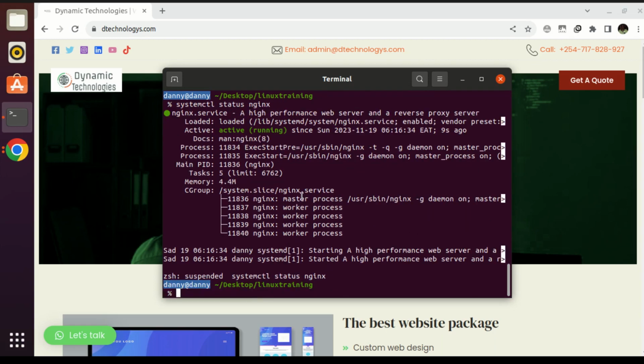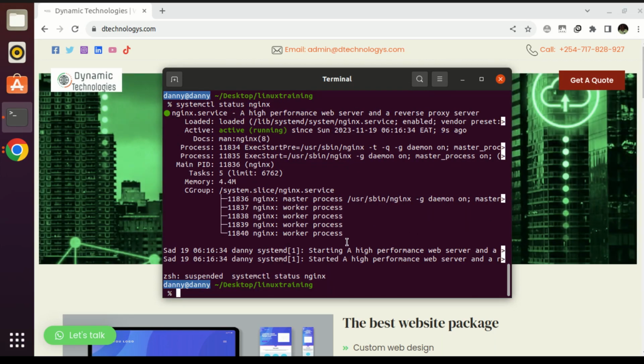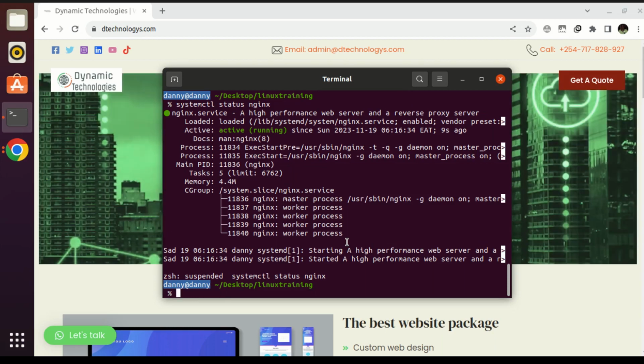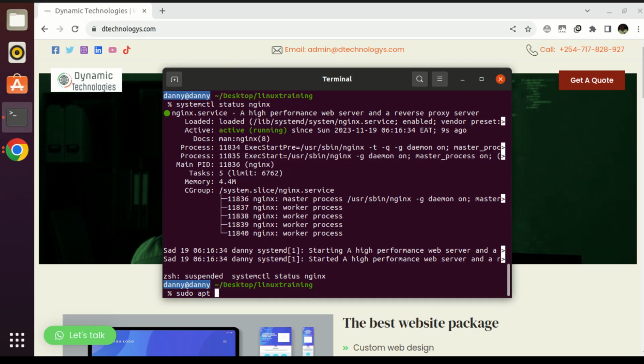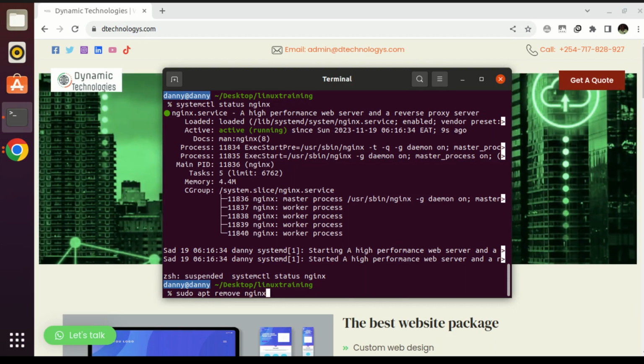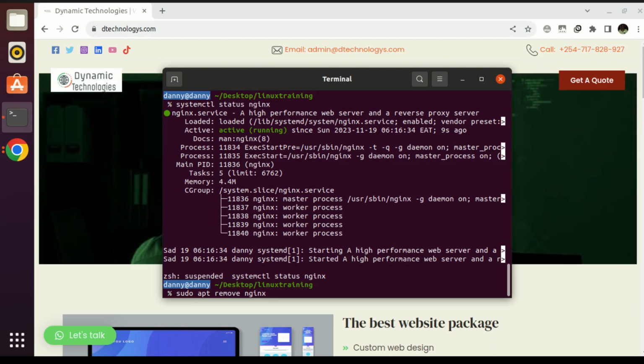Alright, so we have seen how to install a package. Now think of the time that you no longer need the package that you installed. We want to see how to remove that package. I want us to delete this web server that we have installed. So we have sudo apt remove, then the package name. The package name is Nginx. Once we have that, press enter,